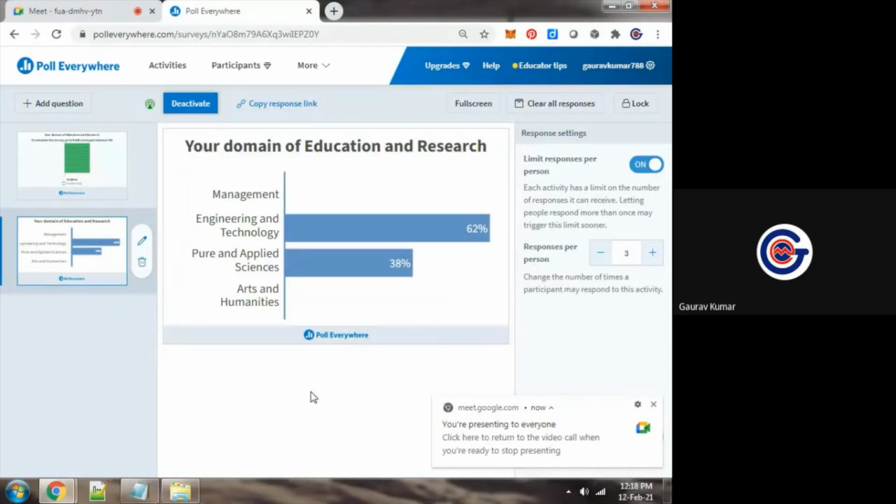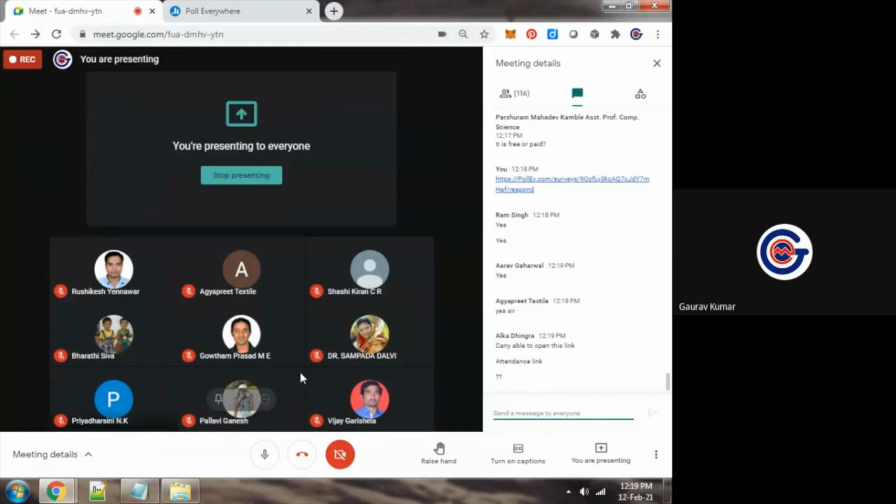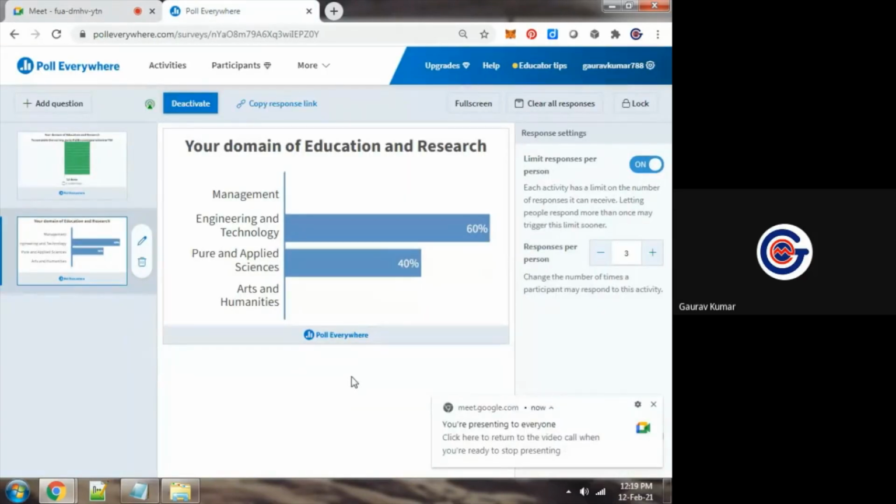Whether it is a technical question or a general question, suppose you want to ask for feedback on a session from your participants during a conference. Suppose you are presenting some paper, you are giving some session, and in that session you want to interact with your participants. So using such cloud-based platforms, as far as the current data is concerned, 60% participants are from engineering and technology and 40% from pure and applied sciences.